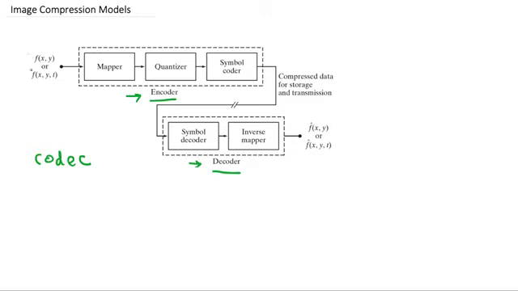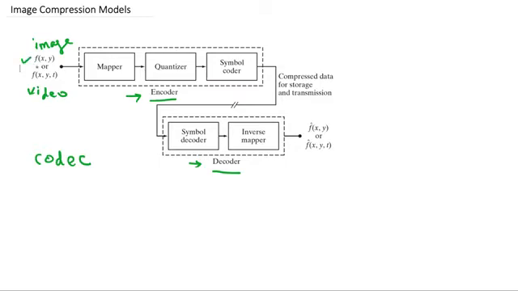So here I have written f of xy or f of xyt. f of xy represents an image and f of xyt represents a video, so we can compress both images as well as video. To get a practical picture of when an image is compressed or decompressed, suppose you are using your mobile phone to take a picture. You will see the entire image in your mobile phone or in the camera application. That image we are calling f of xy.